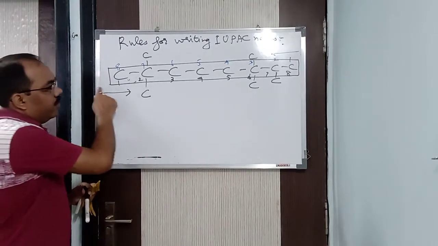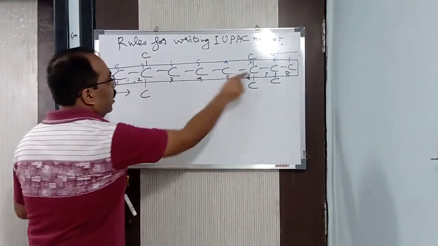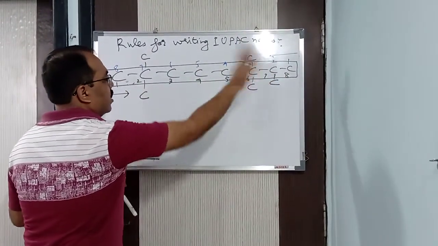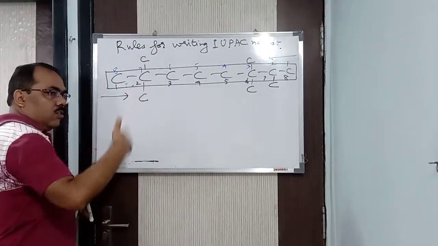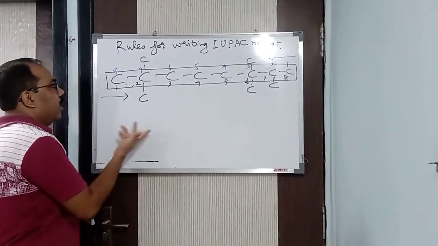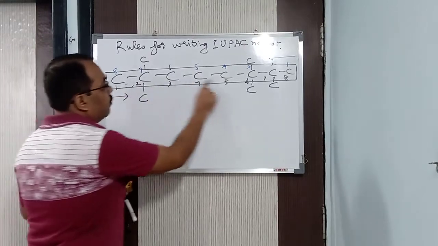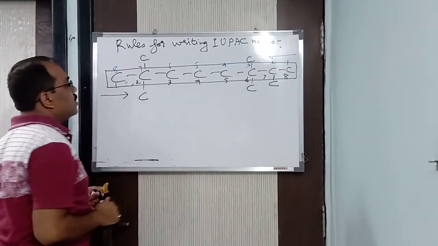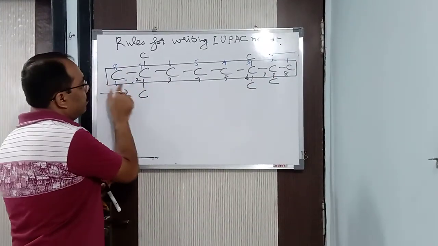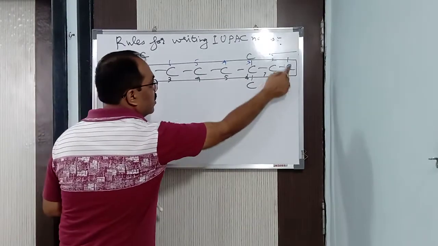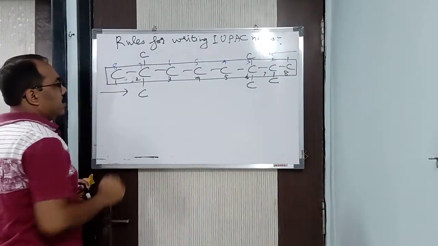So now you see I have given an example here. I have taken 8 carbon atoms in the main chain. This is the longest chain I have taken. It is similar to the previous example I gave you, with a little bit of changes. You can see it here. Now I have done two types of numbering. One in black from this direction, another in blue from this direction.